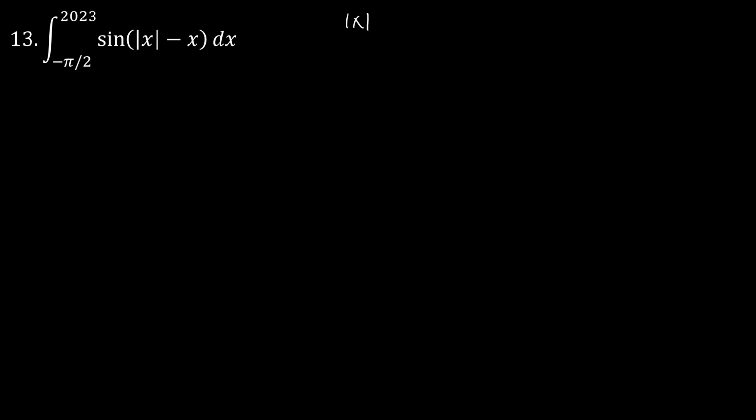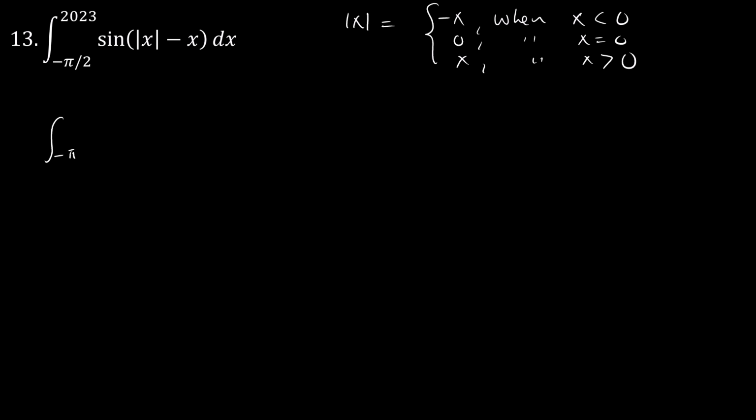The absolute value of x is equal to negative x when x is negative, or when x is less than 0. It's 0 when x equals 0. It is x when x is greater than 0. Therefore, what this integral that we have leads us to